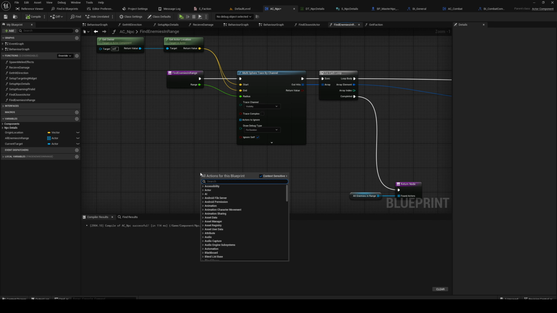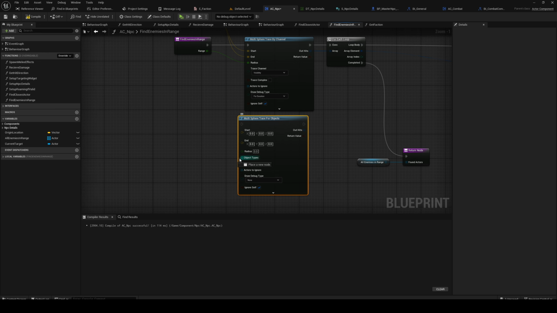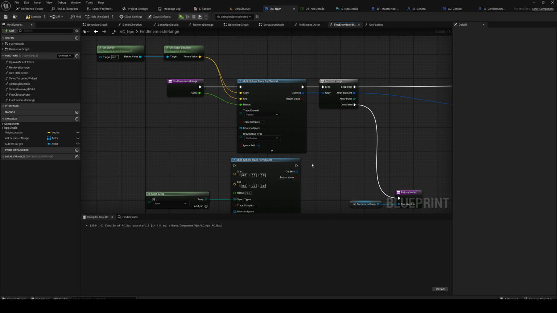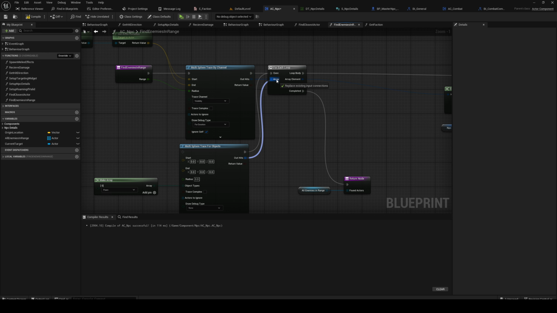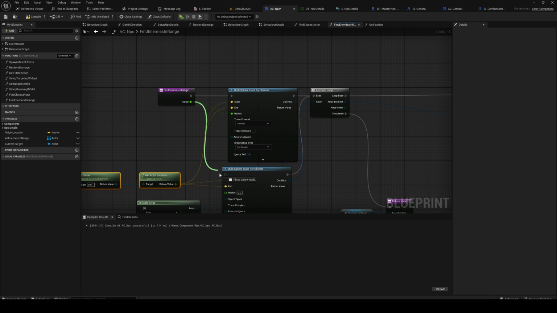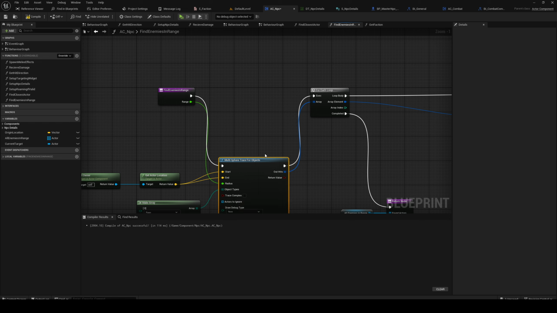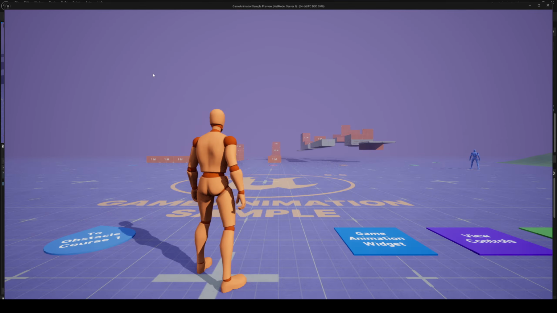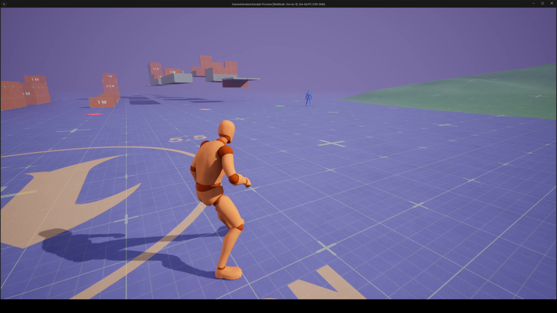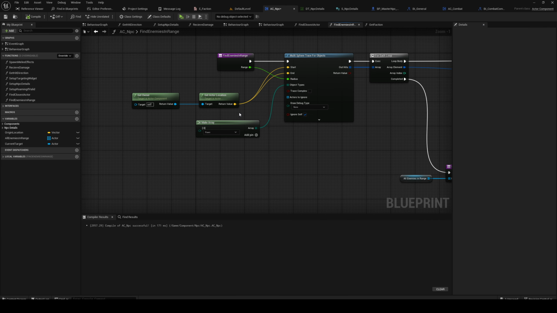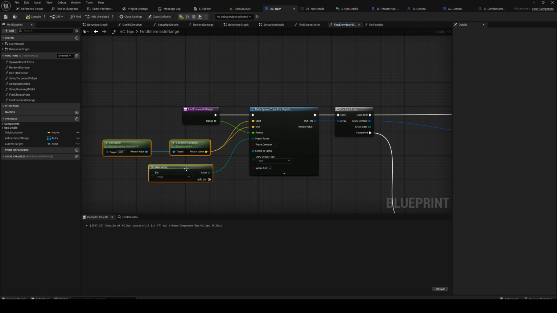Let's change the multi-sphere trace for objects. So let's change it to be pawn. And we're gonna switch these out. And that's more performant as well. So now it's not valid. But it's still not valid. Okay, interesting. That is because